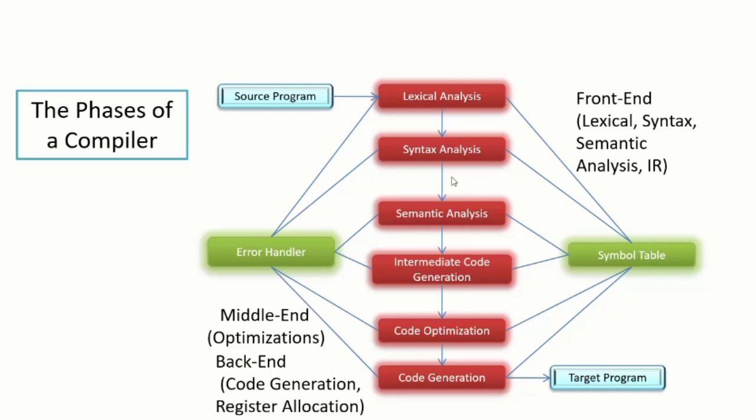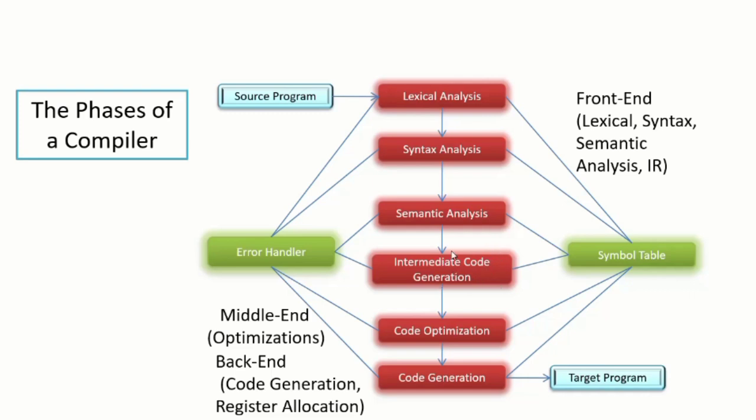In semantic analysis, it ensures that the code has a valid meaning, that is, it is semantically verified and follows the logical rules of the programming language. It checks type compatibility, ensures variables are declared before use, and detects scope violations. Now, intermediate code generation converts the validated program into an intermediate representation, which is a simplified version